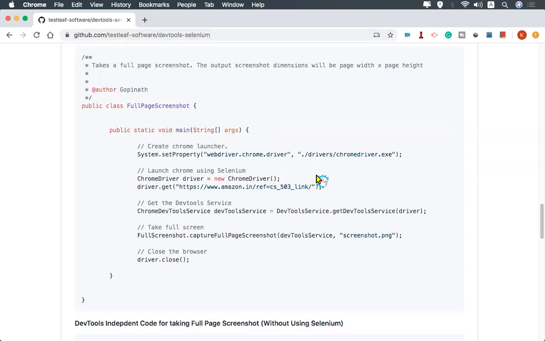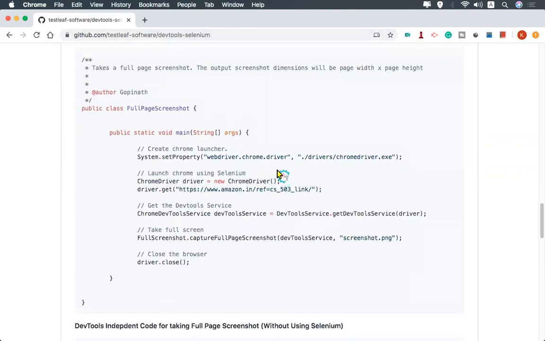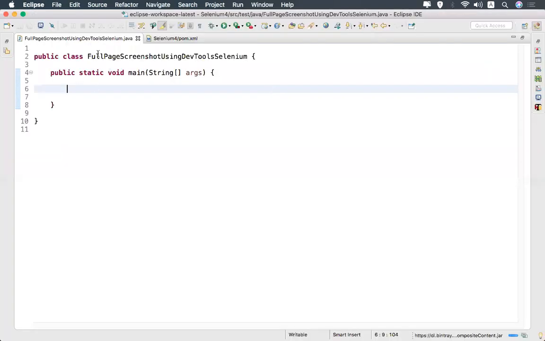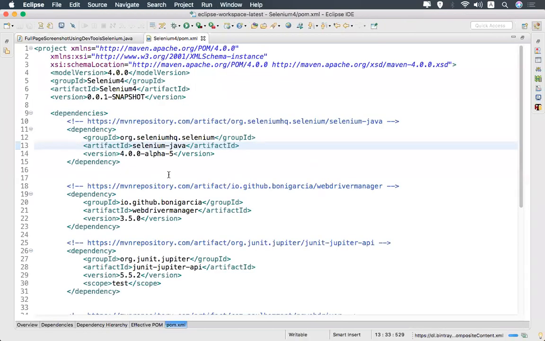So we'll see now how we can take the screenshot of that particular page in full mode. So let's go to Eclipse. Here I have created a class called FullPageScreenshotUsingDevToolsSelenium. I need to add the dependency in the pom.xml.